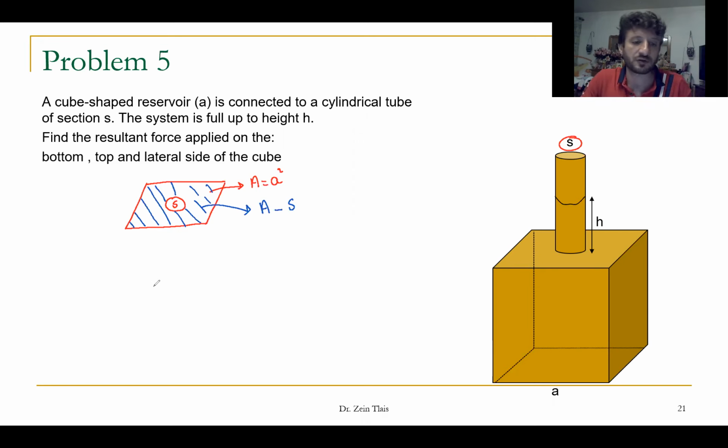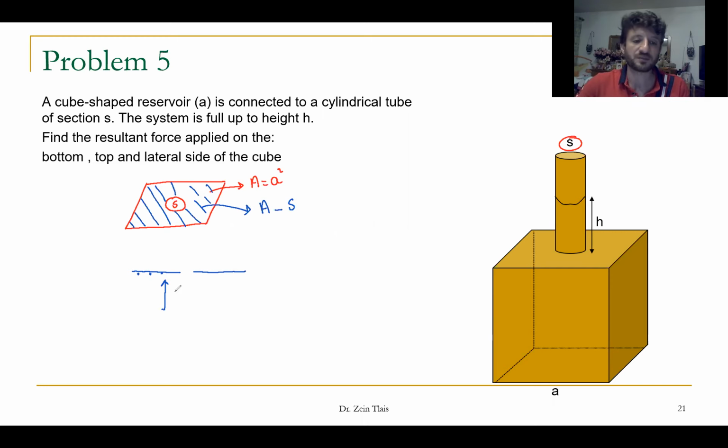If I take the top like this, I take the lateral view. Here, as P at any point is constant, we have a total P applied on the total